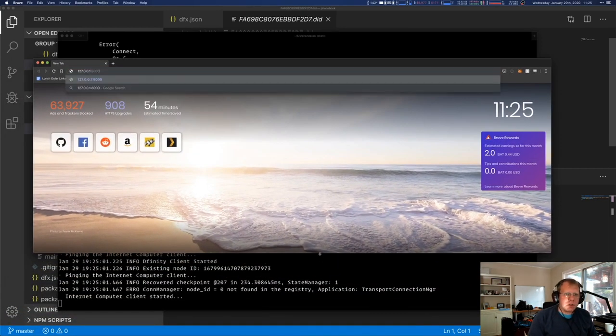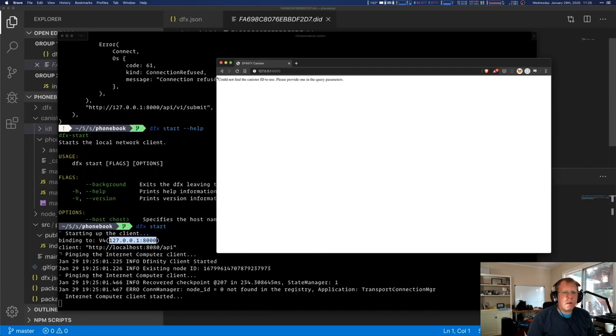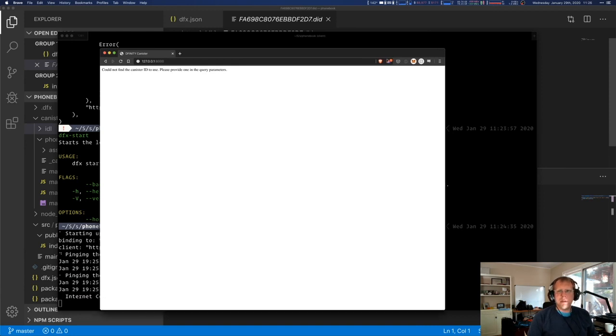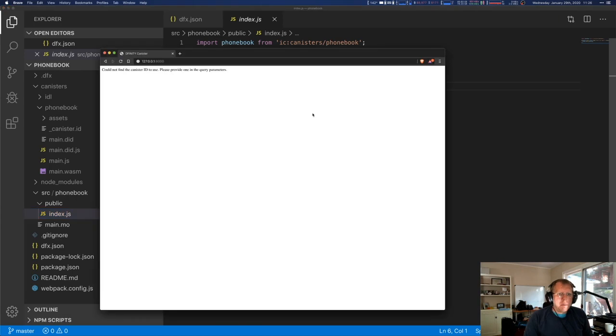Let me bring in my beautiful browser. Let me open up this here. So you can see that we already have an index.html and index.js. That is because this is the bootstrap server, basically. This is a bootstrap HTML and JavaScript. It's a very simple piece of code that only knows how to call the internet computer to get an index.js and then run it, which is conveniently the only thing that we require, because that's the only thing we have right here. We only have an index.js that we want to call. So